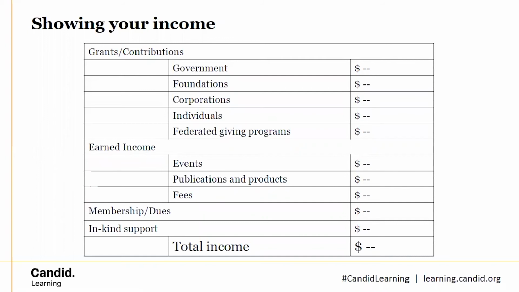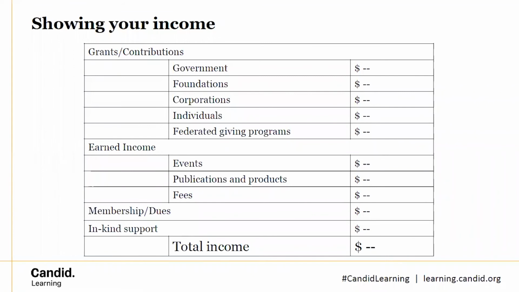With support from individual donors, you do also, of course, list that. You do not need to list all individuals. You can just add up the whole amount you receive from individual donors to list it here as one total. And of course, any support you receive from giving programs like the United Way, Combined Federal Campaign, anything else that is a different type of giving program.